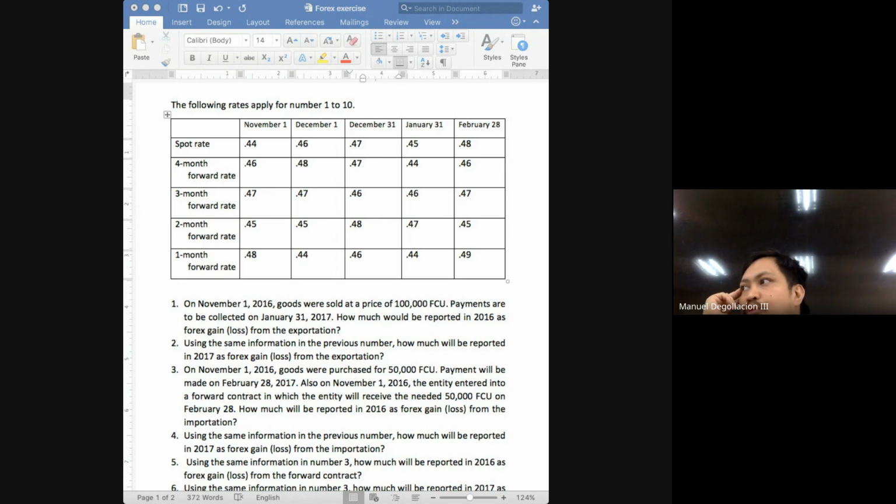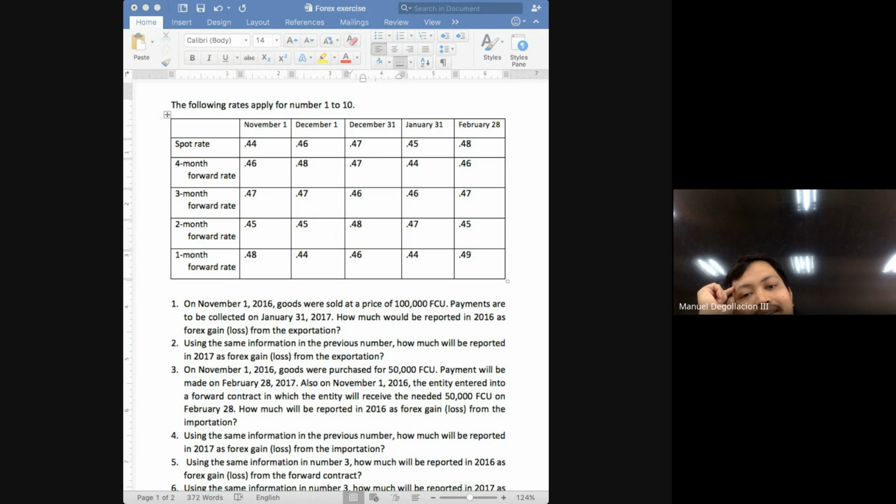So you already know that you will have to use the spot rate. The next question is, what spot rate are you going to use? You will use the spot rate on that date. And what date is this? The date of delivery, class. Okay, so to initially record the sales or the purchases and the accounts payable or the receivable, you should know that you will be using the spot rate because this is simply an importation or exportation transaction. But again, even though it's understandable, class, if you're recording it now and you're supposed to use the spot rate, you should use the spot rate now.